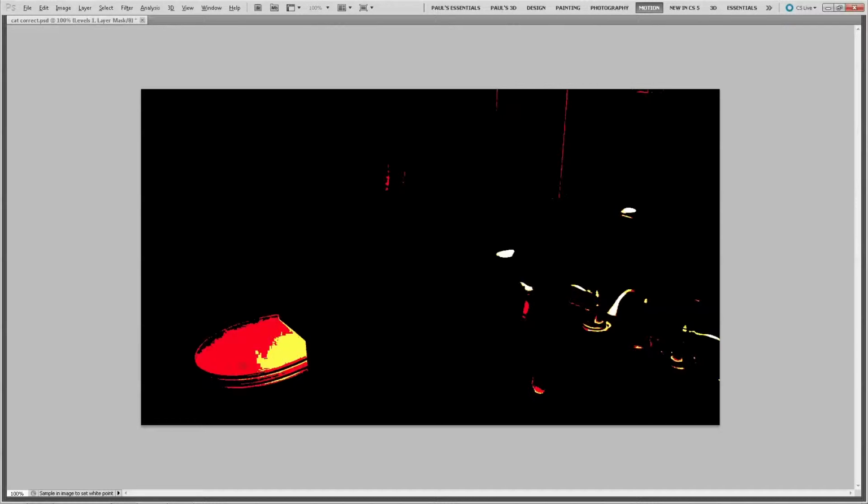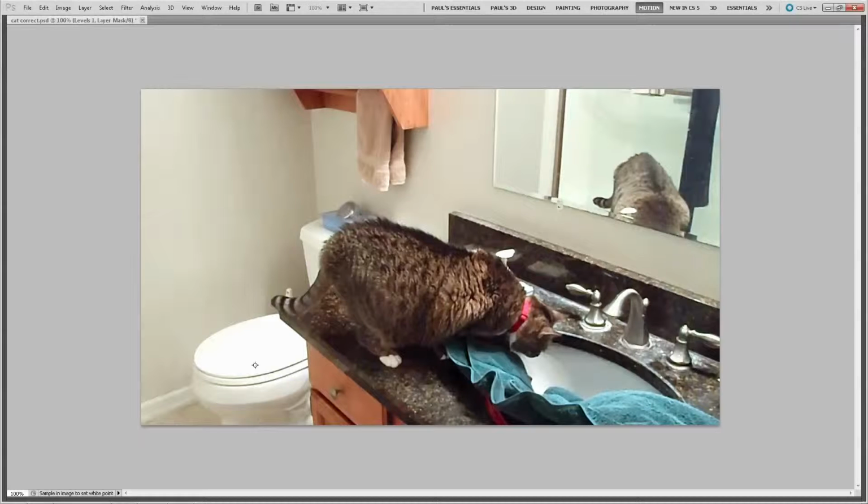Well, here is an area with plenty of the problem red. So let's click on that. Wow, what an improvement.